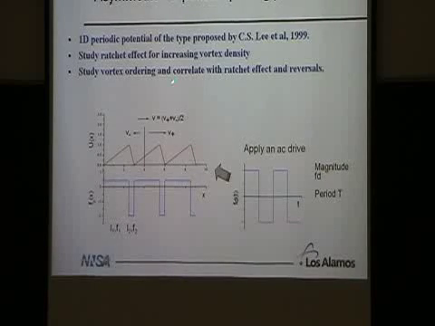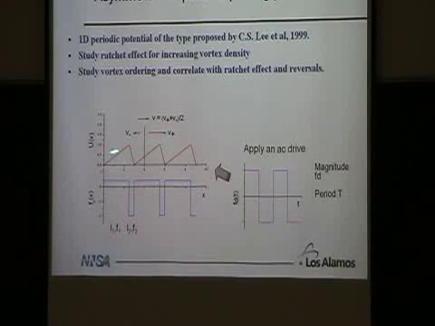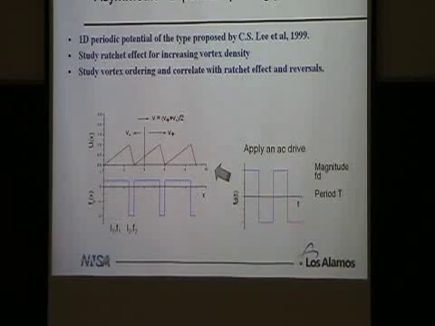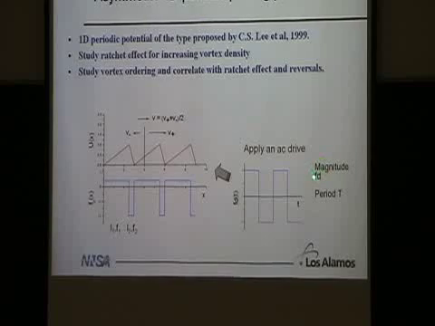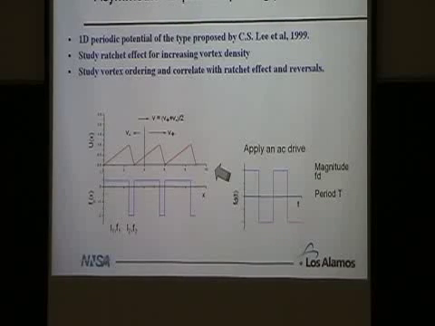So you take this system, you have an easy direction of motion, which is this way, and the hard direction of motion, which is this way. And we're just going to apply an AC drive, which is a square wave with equal duty cycles. Even though this doesn't look asymmetric, this does break time symmetry. So that's the two symmetries that we break. This will have a magnitude of FD, so that's how tall this is, and a period of T, which will vary just how long we spend on one duty cycle.